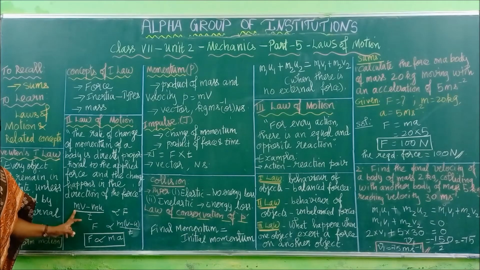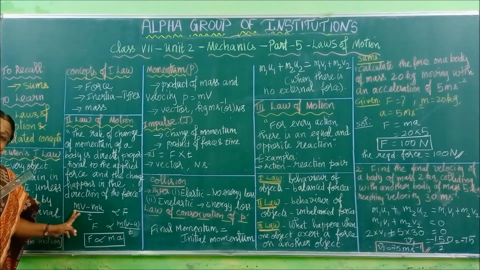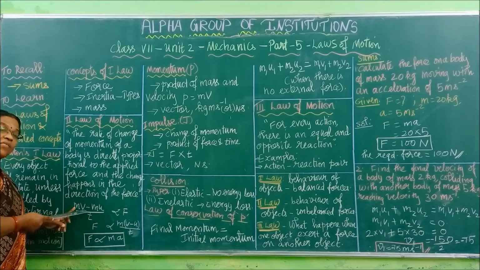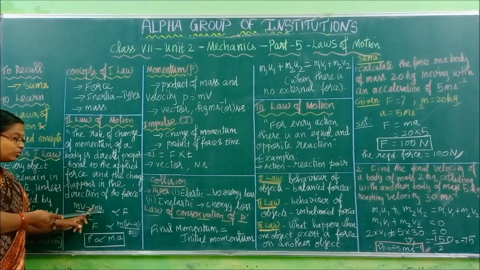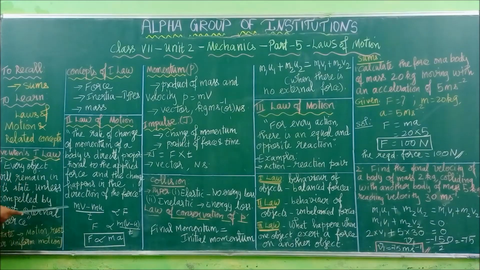Change means what? Final momentum minus initial momentum. What is your final momentum? Momentum means what? Mass into velocity. Final momentum means we have to use final velocity. What is the symbol for final velocity? V. So mv is the final momentum. Similarly, mu is the initial momentum as u goes for initial velocity. So this is the change of momentum: final momentum minus initial momentum. This change by time is the rate. Rate of change of momentum is directly proportional